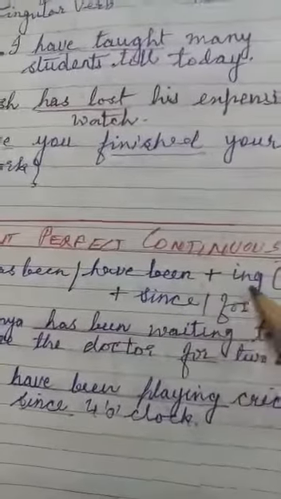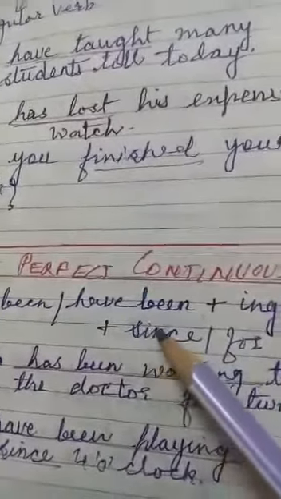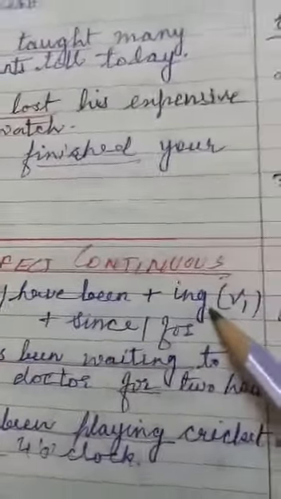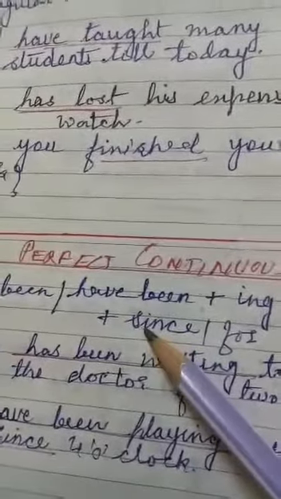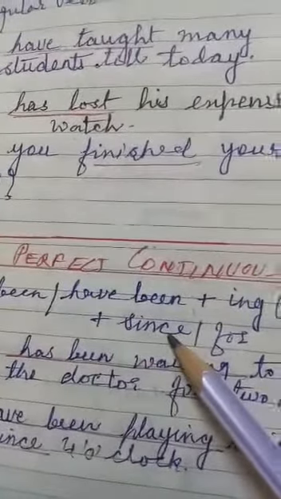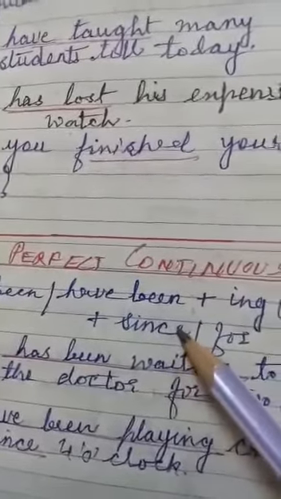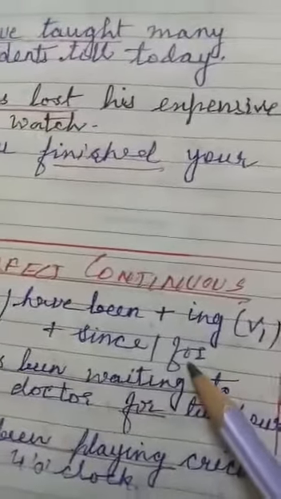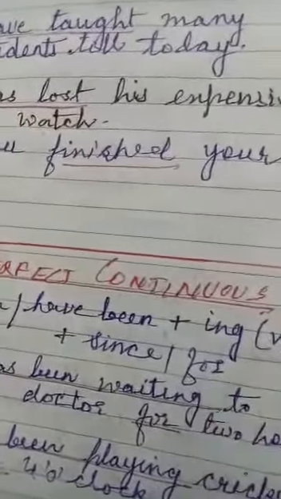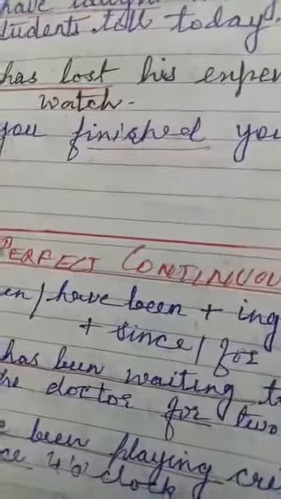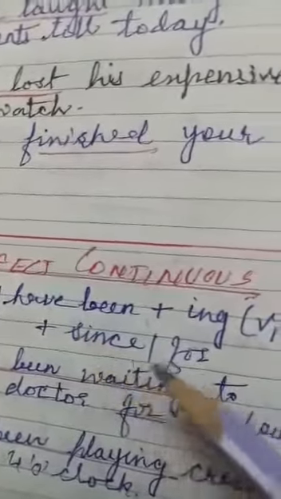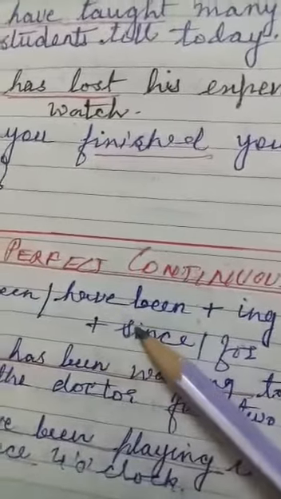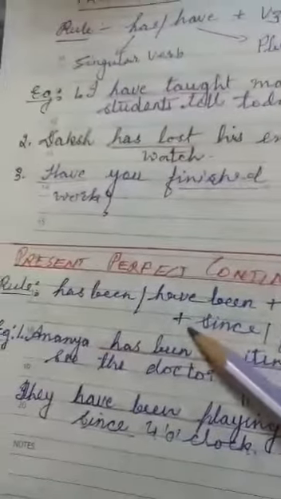along with since and for, where we use since when we are very much definite about the time, and for when we are not sure about, we are not definite about, like since 2 o'clock. Here we are very much confirmed about the time that she started her lesson at 2 o'clock, so 2 o'clock. For we use like for 3 hours, for many years, so we are not very much confirmed from how many years, like for 2 hours, which 2 hours. If I say since 5 o'clock, we are very much confirmed about, or we say since Monday, so we have an exact day when we started.